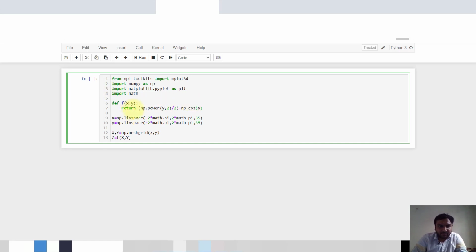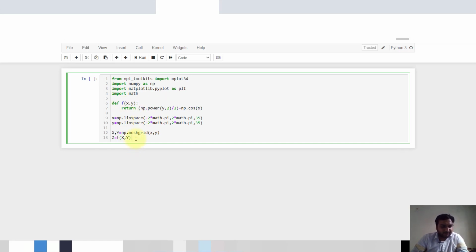So we have defined one function. What it will do is calculate first the value of 2 multiplied by pi, and it will create one mesh grid. Then it will go for this x function and y function. Suppose it has one value and it has one value, so it will create the mesh grid one by one, and then the function goes here. So 1 and 1 it will put here, and it will give our result. So it will return our result.